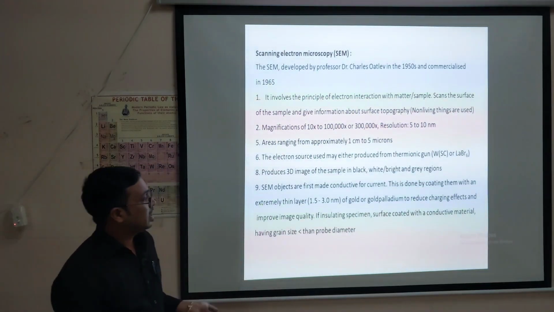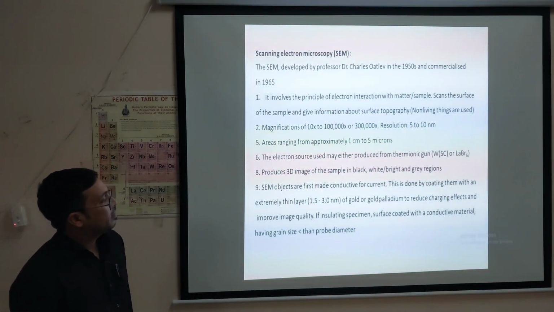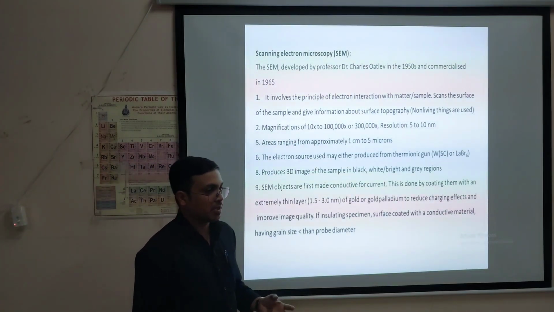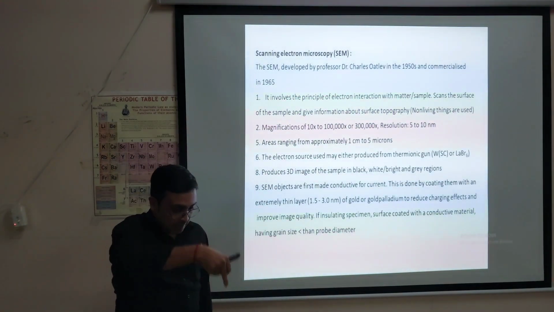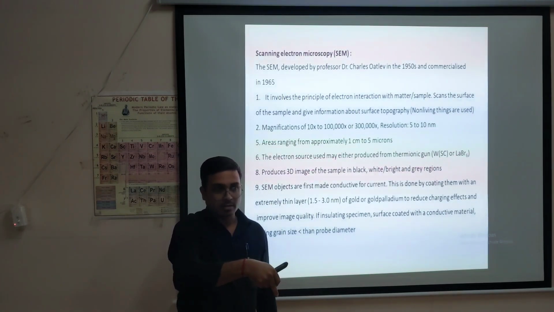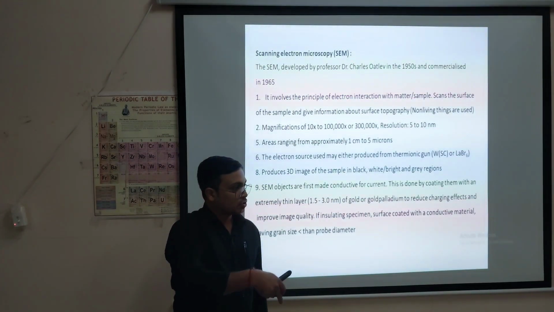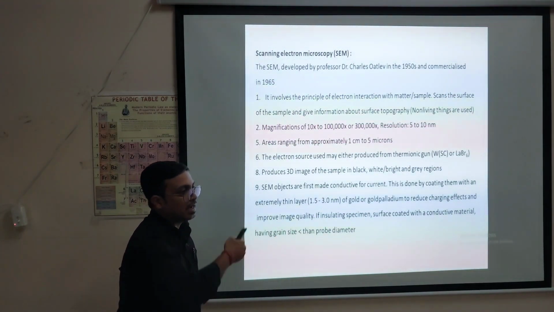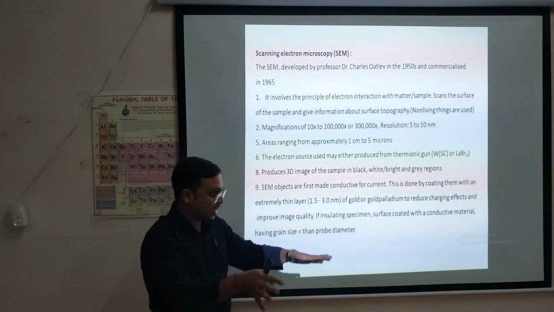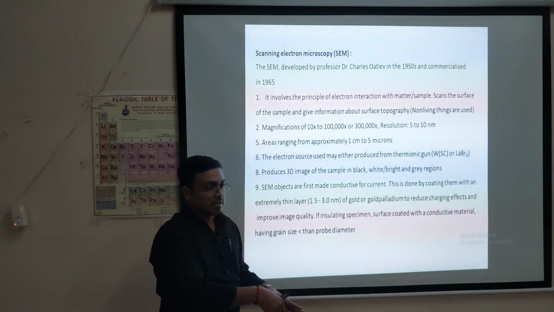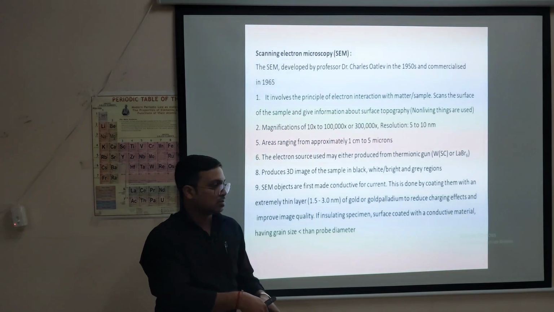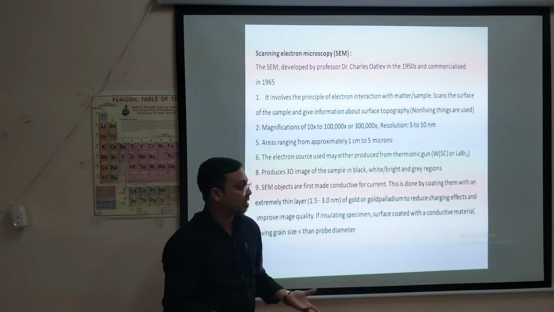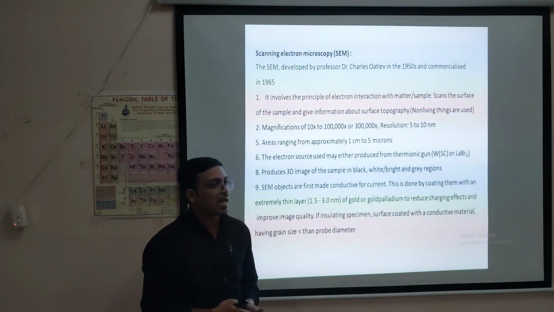Usually in the case of FESEM, the surface is made conductive. Why is it so? The electrons will be striking the sample, yes or no? So they need to get conducted away and circulated again. Otherwise they will accumulate. The next electron coming to interact with the sample will suffer repulsion.